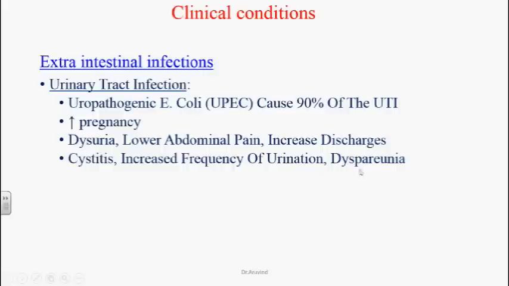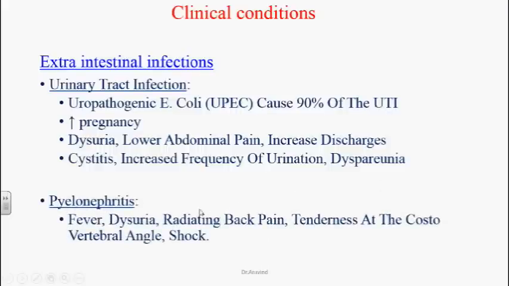coli, they can also have dyspareunia, pain during sexual intercourse, and if it is untreated it can cause pyelonephritis. That means these organisms spread to the kidneys, where we can see septicemia and inflammation of the kidneys. We can see fever in those cases, dysuria, radiating back pain, and tenderness at the costovertebral angle in the back. And if it is untreated, the patients can go into a shock condition, because these organisms, whenever